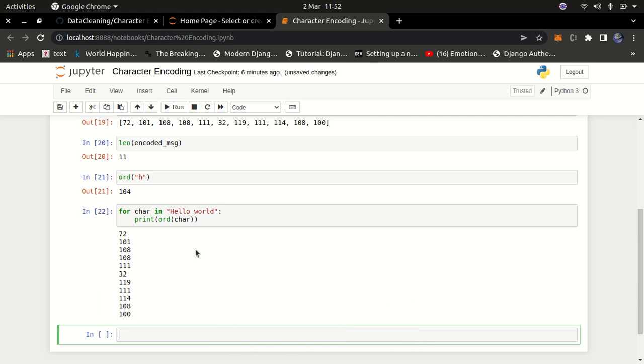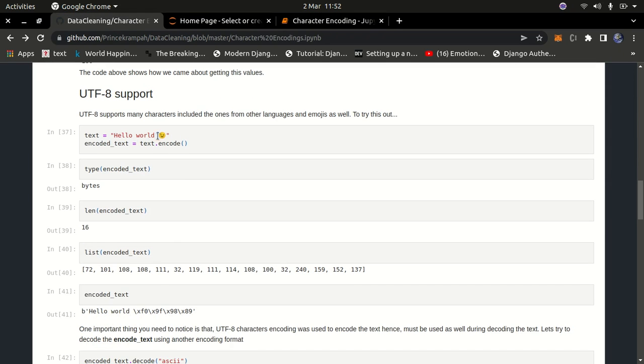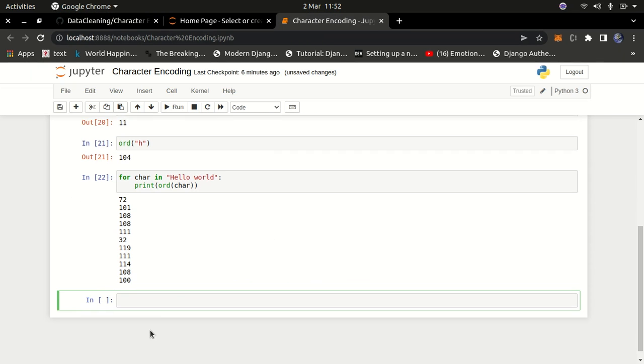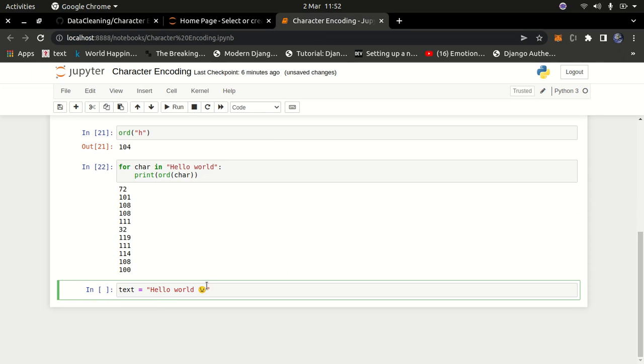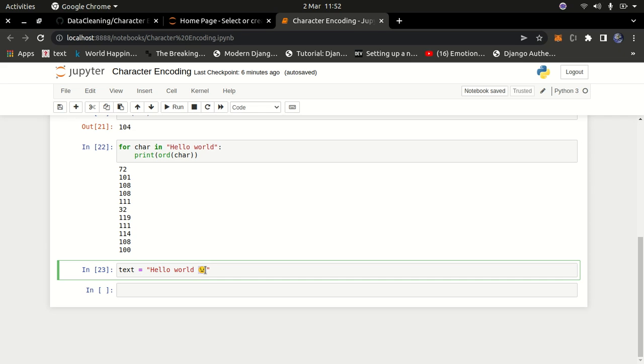Okay, so let me just go in here and get some information that I want to explain to you. So now I have this data, so I'm going to copy this. Now I'm going to go ahead and simply paste it here. This data right now contains an emoji, right? So I have hello world followed by an emoji. So can UTF-8 encode emojis? Is that possible or is it not possible? Because emojis can be a different